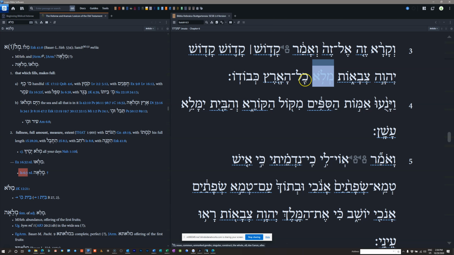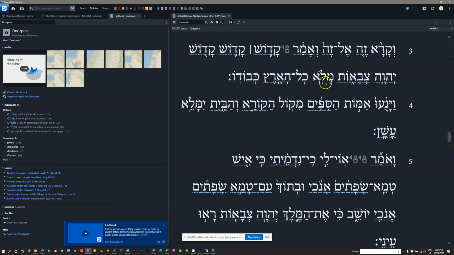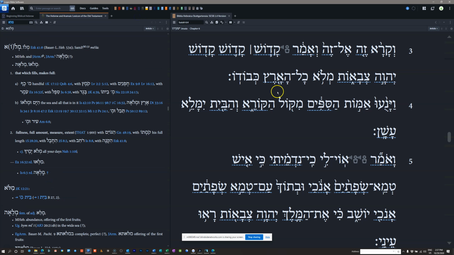So this would be the extent of all of the earth is his glory, or his glory is the fullness of the earth. So the fullness of the earth is his glory, or the glory, or his glory is the fullness of the earth, or maybe this isn't construct. Now I feel like this accent mark here does indicate a construct relationship. I don't know how I pulled that up. But if we ignore that, we just say, hey, it's not actually construct,